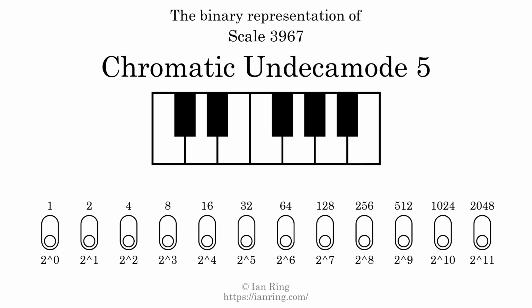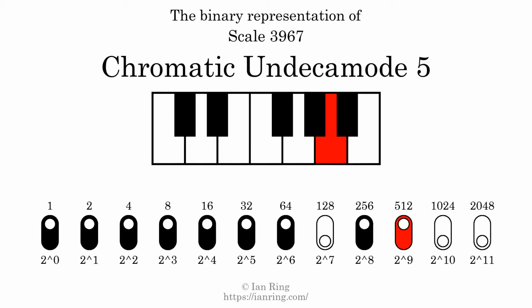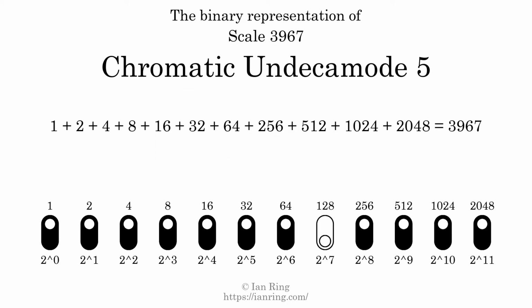The binary representation of this scale is determined by mapping tones of the scale to binary digits. Each binary digit represents a power of 2. To get the scale number, we add the powers of 2 together. The powers of 2 that are present in the scale, all added together, equals 3967. That is why the scale number, in decimal, is